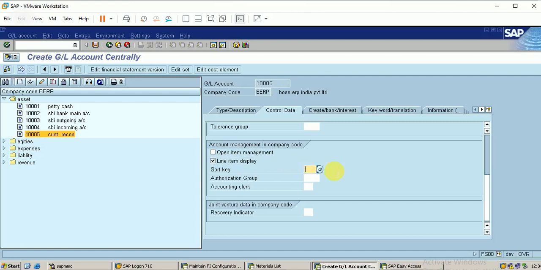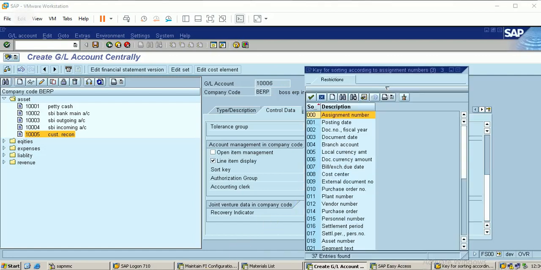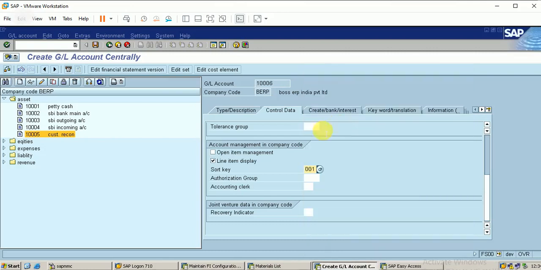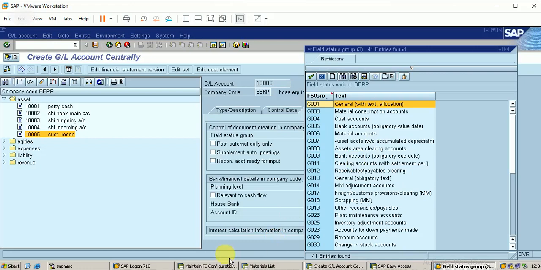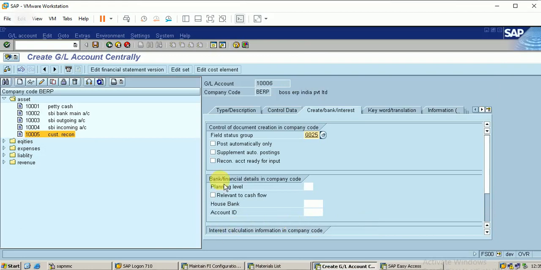Let me select the line item display. Let the sort key be posting date, no problem. The field status group, let it be the inventory adjustment accounts.